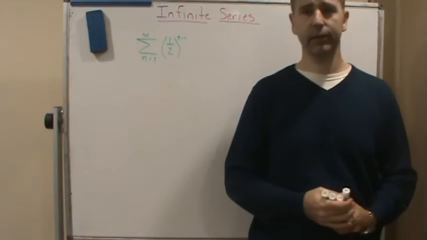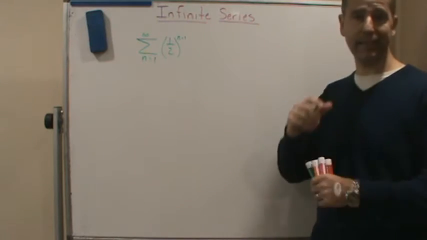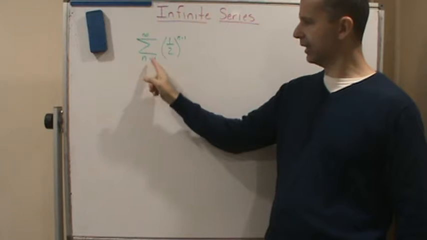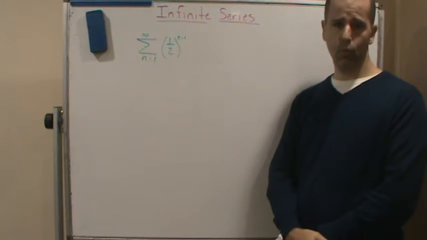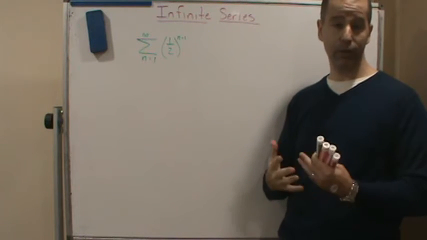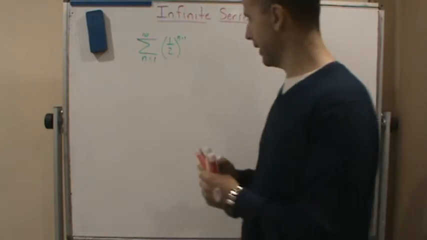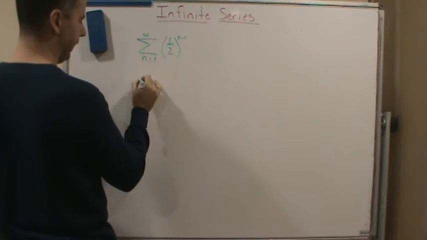Okay, so welcome back. A couple of things just to make you aware of: one, just like sequences, you don't have to start the index at 1. The index here goes from 1 to infinity, but it doesn't have to start at 1. Typically it's good, or it might be good, to start at 1, but it doesn't have to. For example, this same series can be represented as